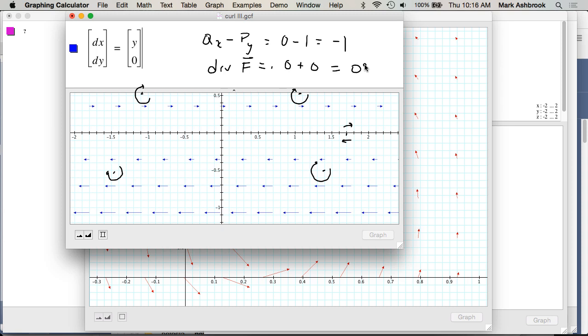So this is incompressible. Divergence of 0 means incompressible. That's the word. So we got irrotational is 0 curl. Incompressible is 0 divergence. So actually,